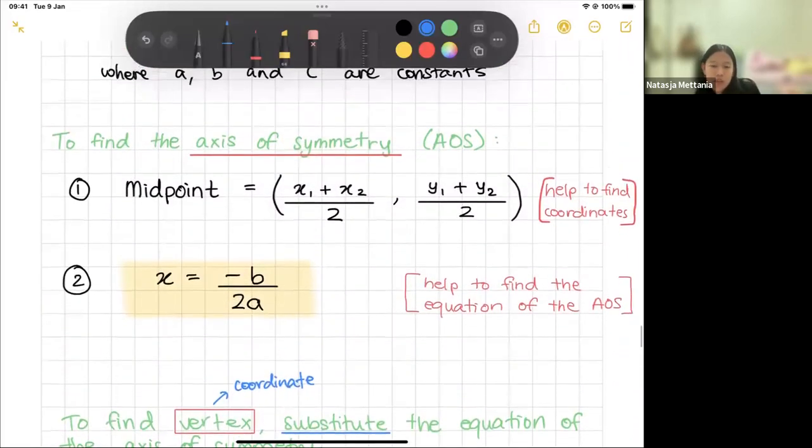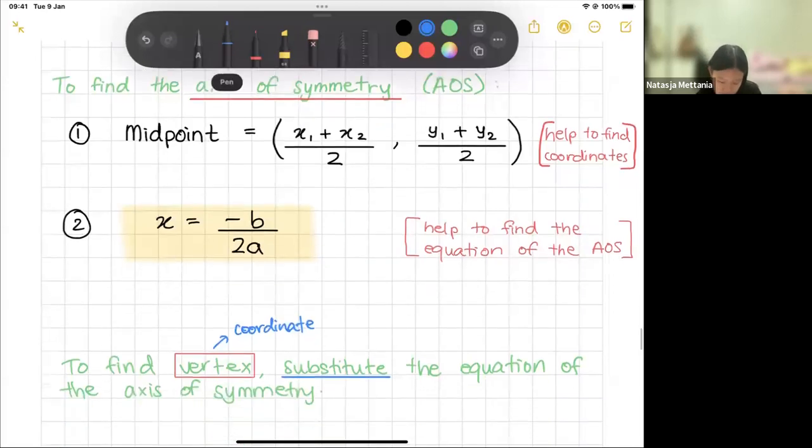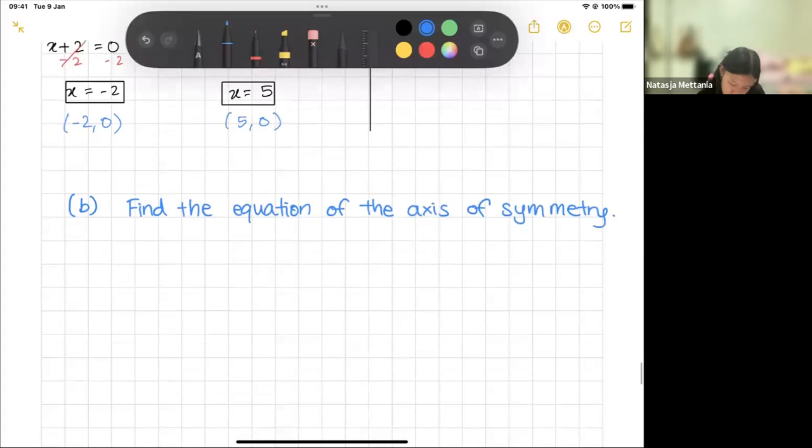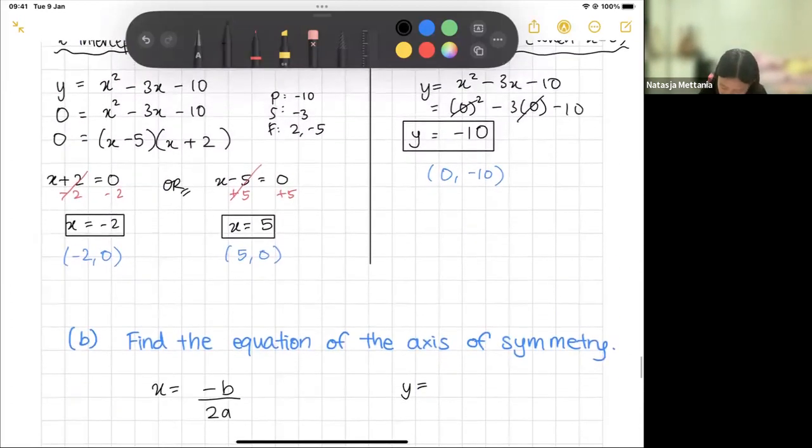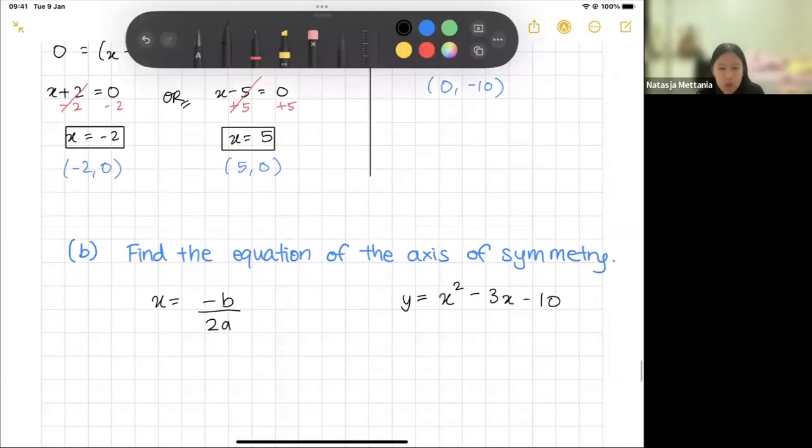To find the equation of the AOS, I need to use the second formula, or the second method. So I'm going to write it down underneath. x equals negative b over 2a. This is what I need to use. And I'm going to write right on the side here my parabola, which is y equals x squared minus 3x minus 10. Now, to figure out what my a and b are,